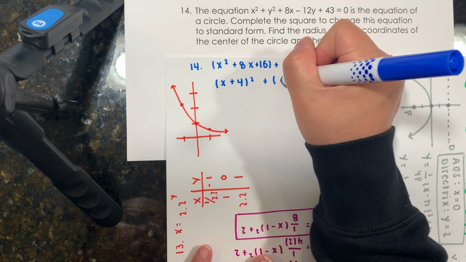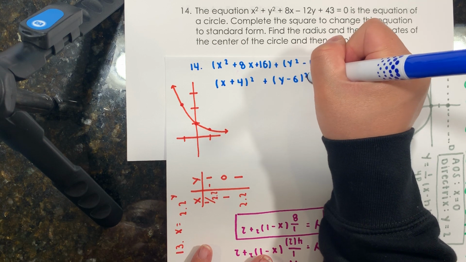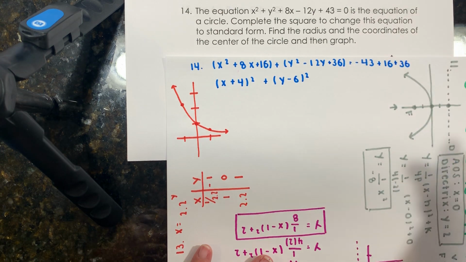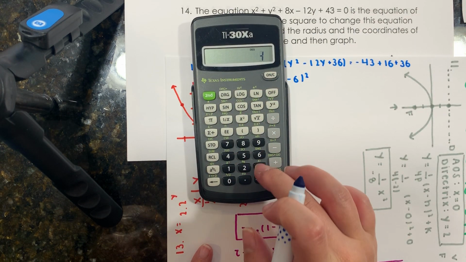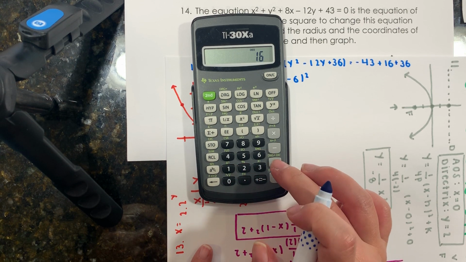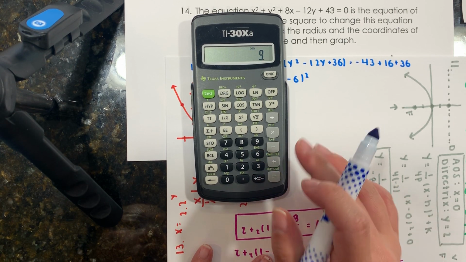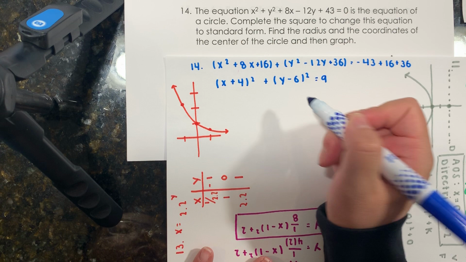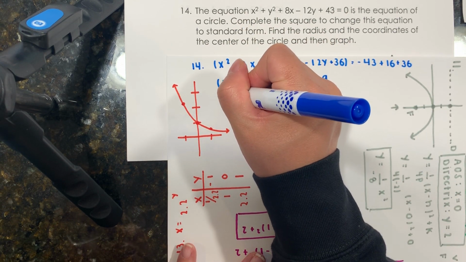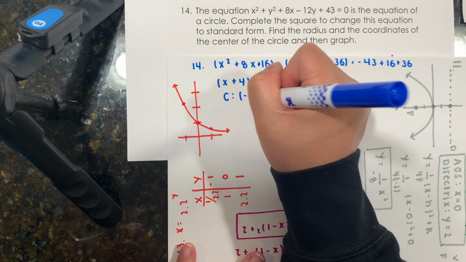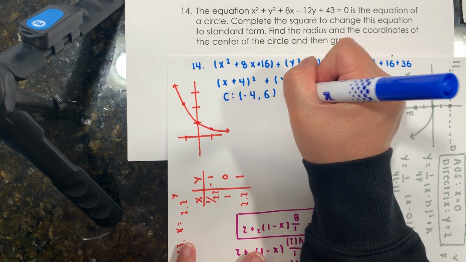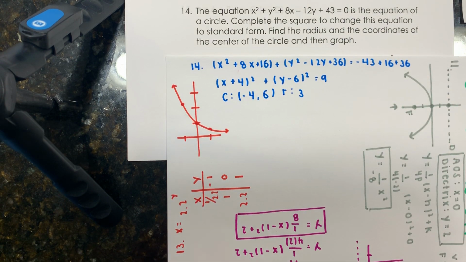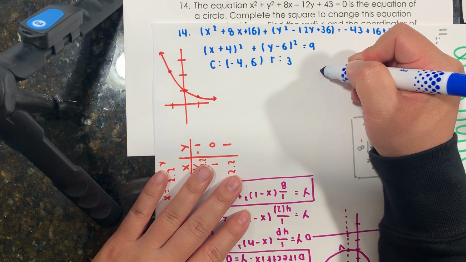Then half of -12 would be -6. When I square that, I get 36, and I'm going to add that to both sides. So I'm going to have -43 plus 16 plus 36 will give me 9. Now, this is just the coordinate for the center of the circle. So that means that my center of the circle is going to be at -4, 6. My radius is the square root of the right-hand side, which would be equal to 3. So this diagram is going to look,